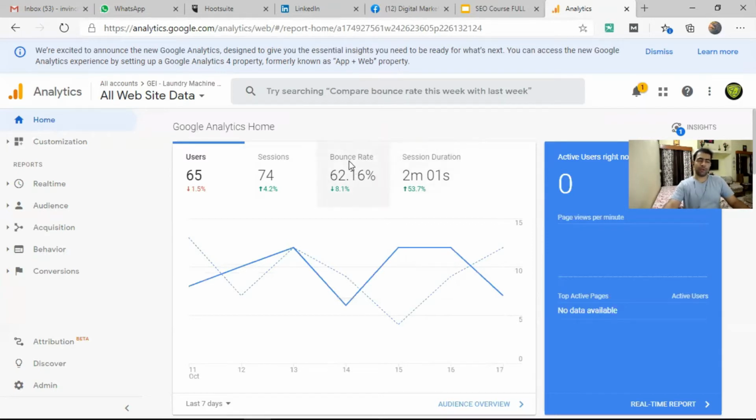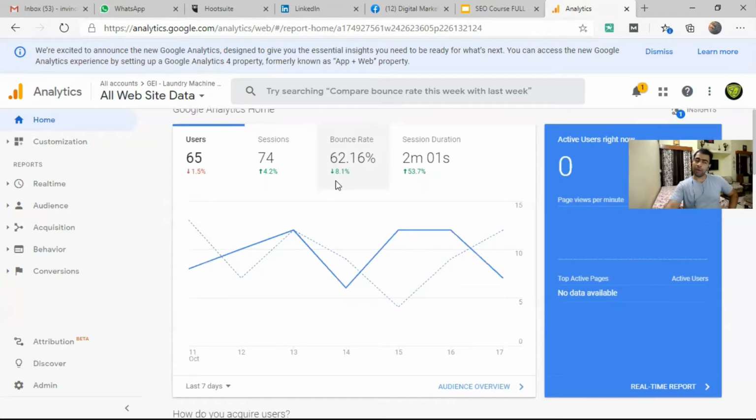And also, see, don't depend on these metrics, because I was working with one of our clients, and the bounce rate on one of their websites was showing 1%. It is not possible. 1% is never possible. Okay. So their website was showing 1%, but it is not possible. Average is 50,